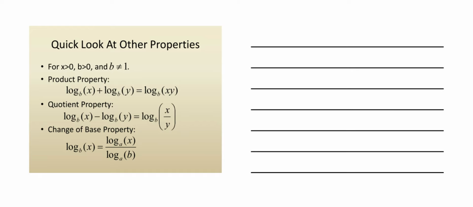Quick look at other properties. So for x greater than 0, b greater than 0, b not equal to 1. The product property: log base b of x plus log base b of y. Equivalently, we can say log base b of x times y. So in other words, the product property implies that when you're adding